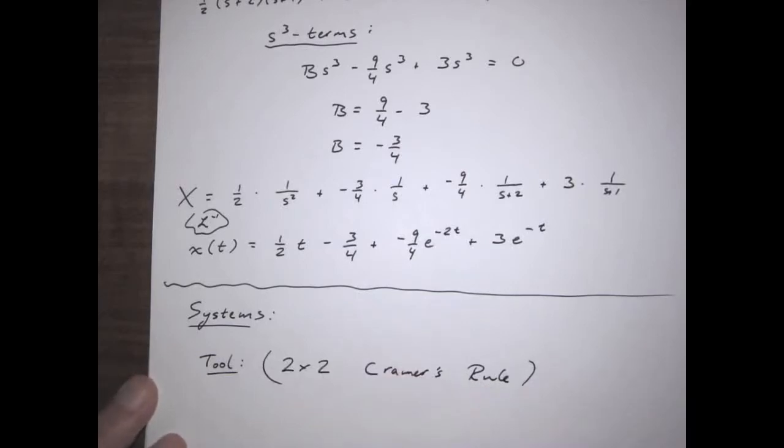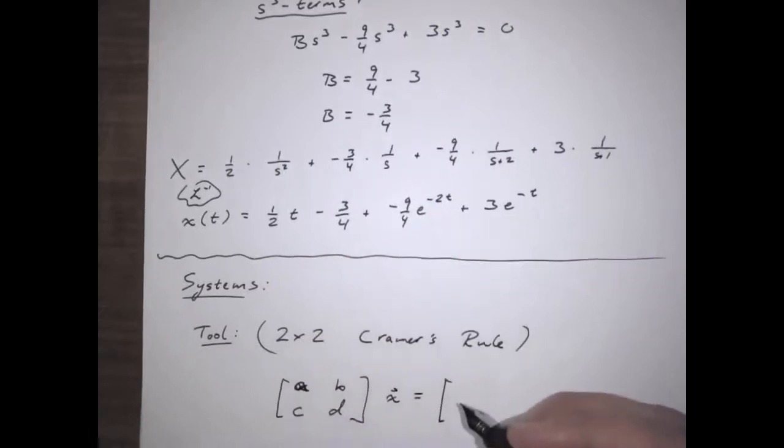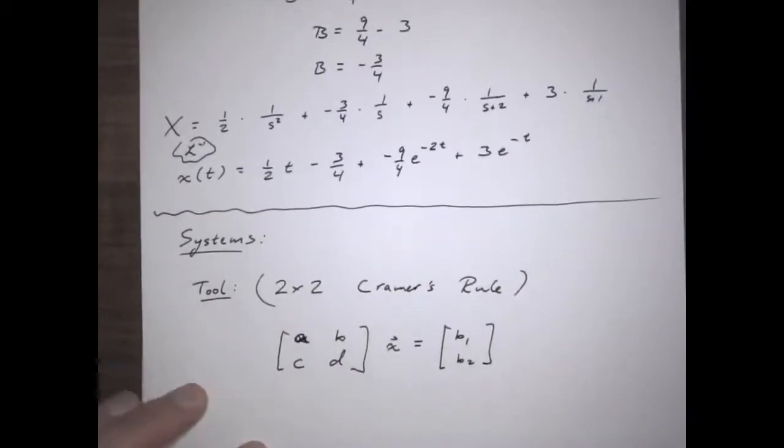So if we have something like this, the matrix A, B, C, and D times x is equal to B, which we can just say B1, B2, then we can actually